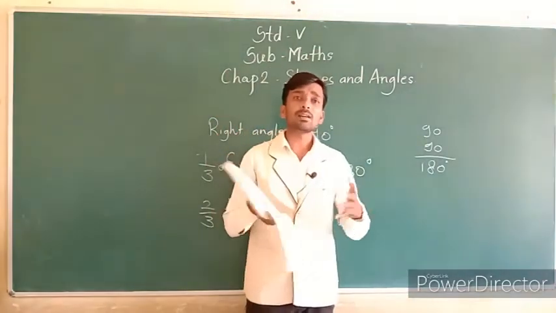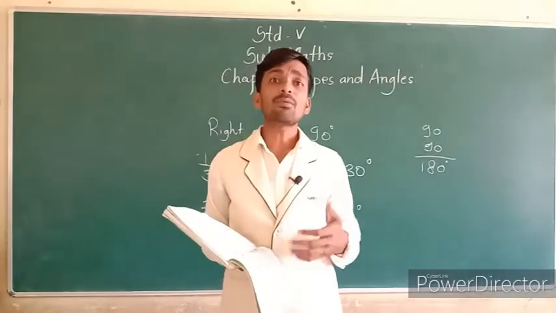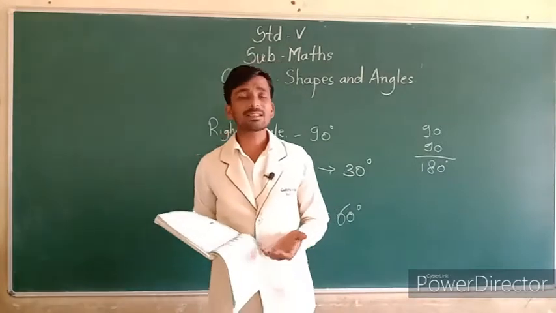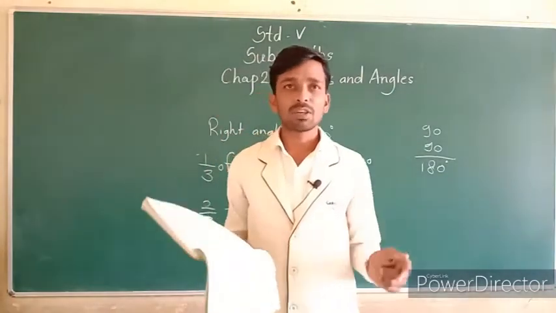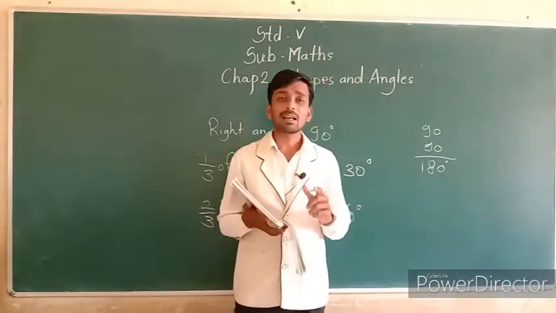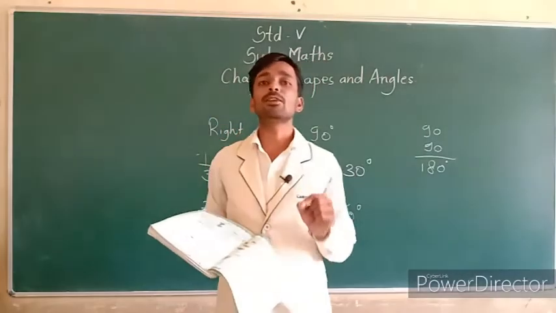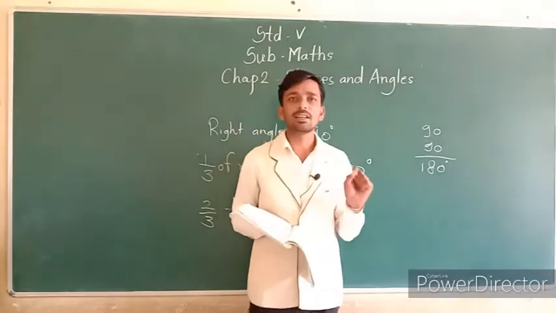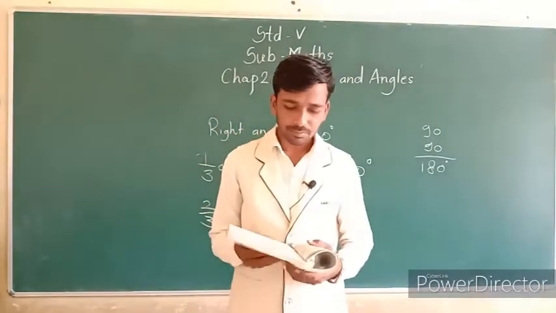We can open that card sheet, okay, and find the 45 degree angles and 90 degree angles. That is your homework, okay. You can take card sheet paper, make one aeroplane, and then at last you can open that card sheet paper and find 45 degree angles and 90 degree angles, okay. Understood? That is very easy, okay.